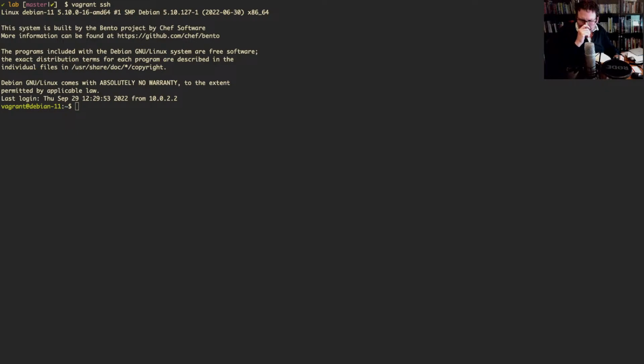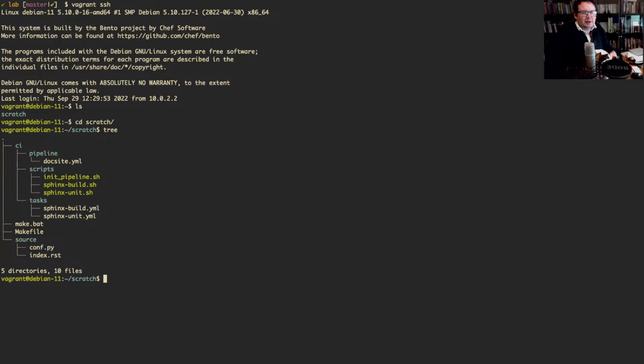So where had we got to? If you've been following along, then you should be now on the Lab 4 touch point. I've got a virtual machine here which has been created, and in that virtual machine you should find that you've got this Scratch directory, and in there we've got a basic pipeline set up,